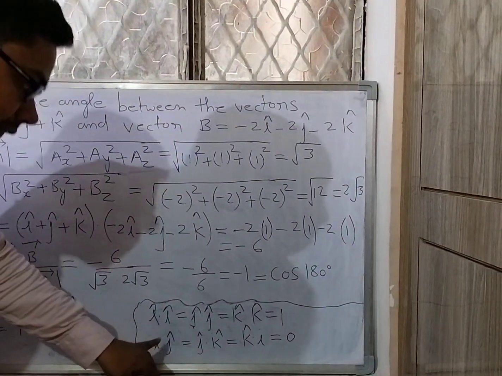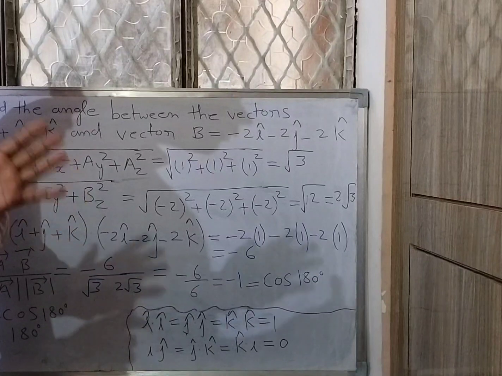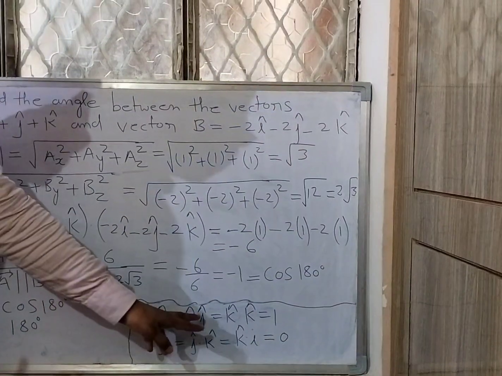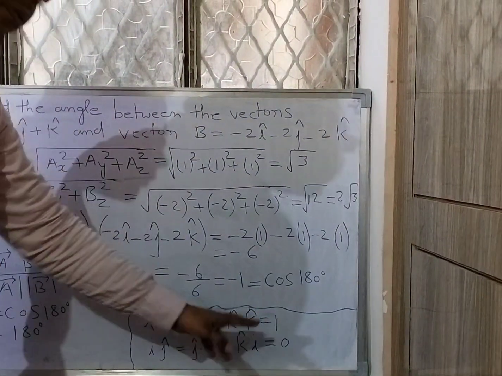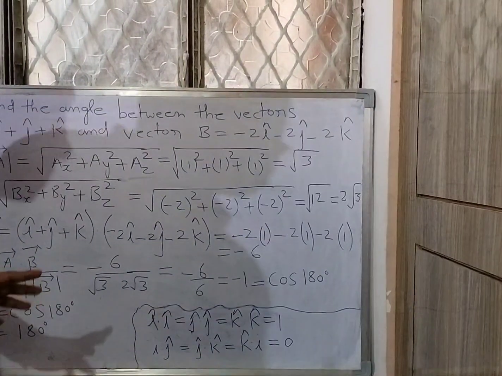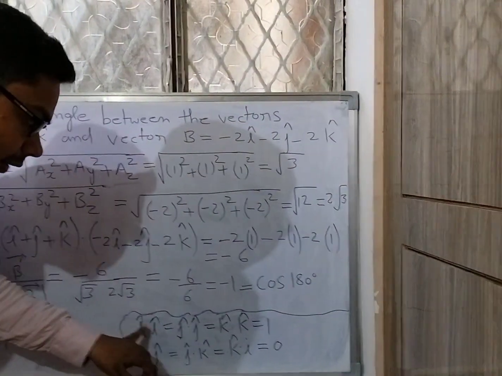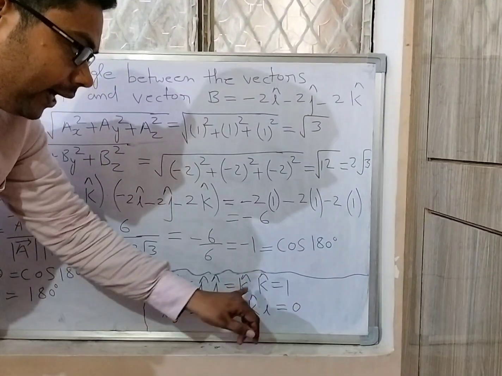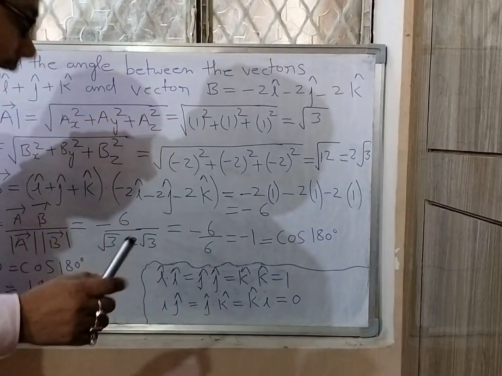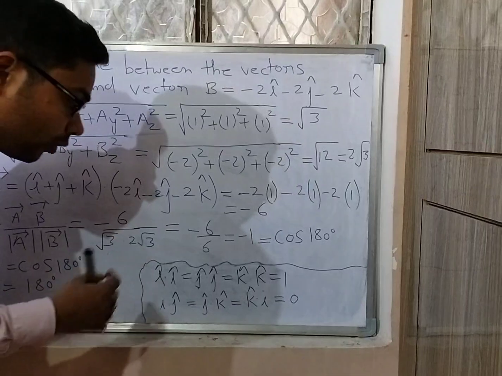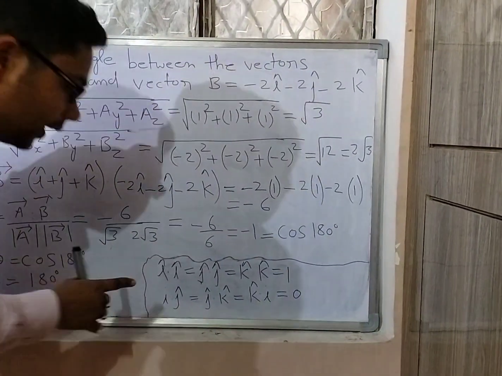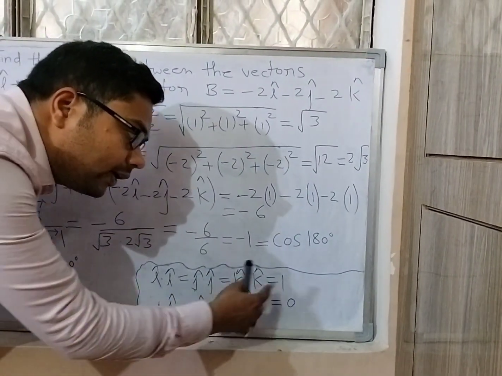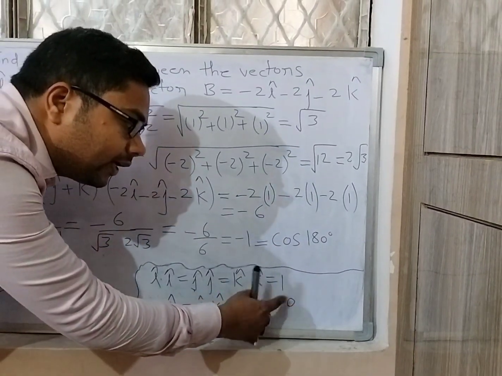These i vector, j vector and k vector, they all are unit vectors. We know unit vector i cap will show direction on the x-axis, j cap will show direction on the y-axis, and k cap will show direction on the z-axis. So what property have we studied earlier? i dot i is equal to 1, j dot j is equal to 1, and k dot k is equal to 1. But if I multiply different base vectors or different unit vectors, the value will be 0. Like that, i dot j vector is equal to 0, j dot k vector equal to 0, and k dot i vector equal to 0.